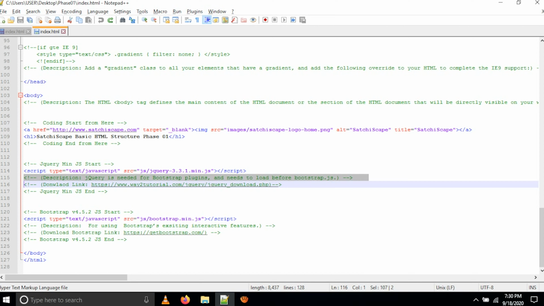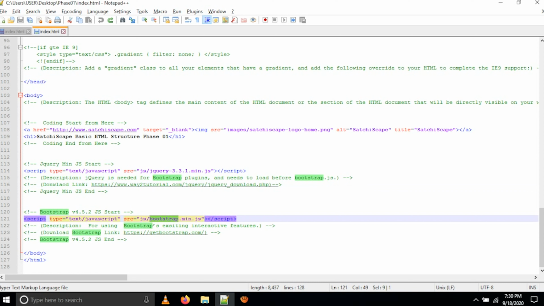Because some files are needed for bootstrap.min.js. For that we use this min file to load your bootstrap.min.js. And if you want to download another version of the min file, you can also download it from here. Then you can see there is a bootstrap.min.js.